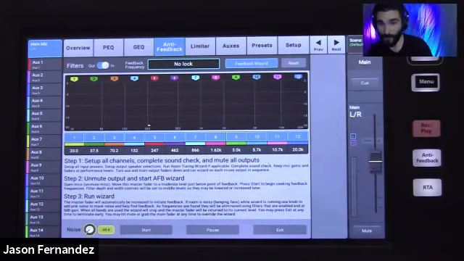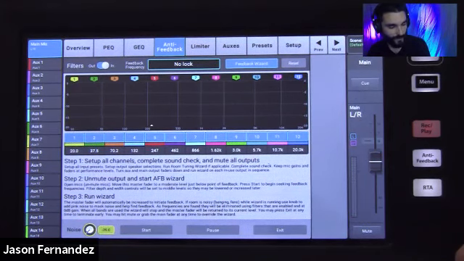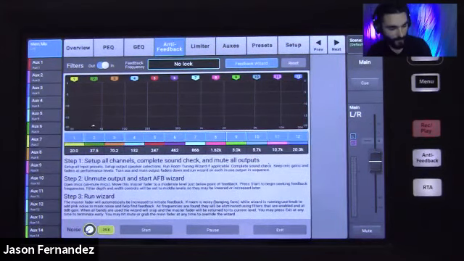I'm going to give it a little bit of noise. You do have a noise generator in here. Sometimes it can help it to just latch onto the feedback. In my case, I don't think I need to, but just to show this off, I'm going to give it just a smidgen of pink noise, so there's some constant noise in the system here. And I'm going to hit start.